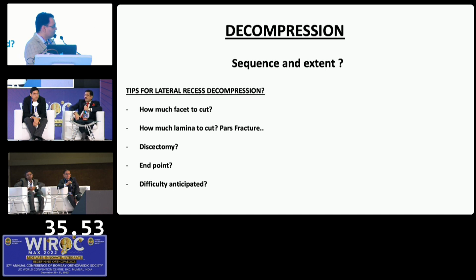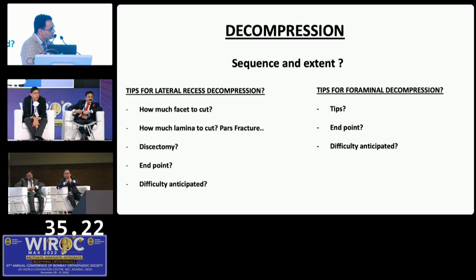So what would be the sequence of decompression? Central, lateral, and then foraminal, and how would you go about it, Badani sir? So first I do a complete central laminectomy. Not a very wide one, and I leave at least 6-7 millimeters of the pars area. And then I cut more if required. And then as Dr. ABG was saying, I do undercutting of the facets such that I preserve most of the posterior and the posterolateral part. Only the anteromedial part goes, just as much as is needed, sometimes with a 2 mm Kerrison, and make sure that adequate space is made. So first the central canal, then the